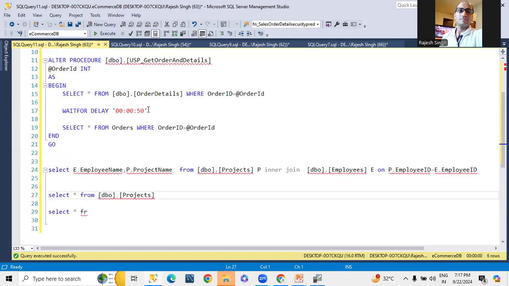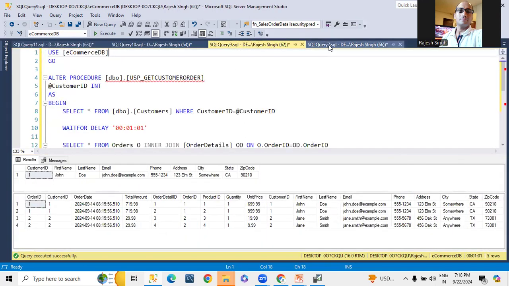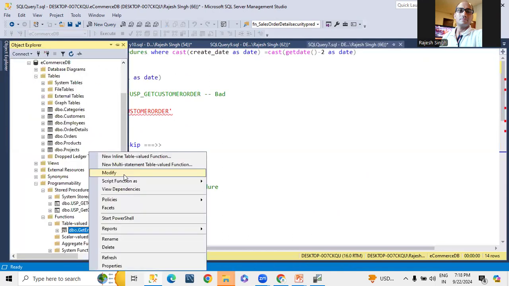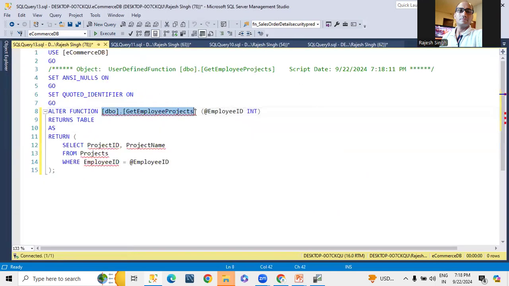Let me go for the join with cross apply. I'm going for the cross apply. I already created one function. What we have to do is pass only one parameter. Let me check what the function is. Okay, this is the function name, and cross apply will take the employee ID.